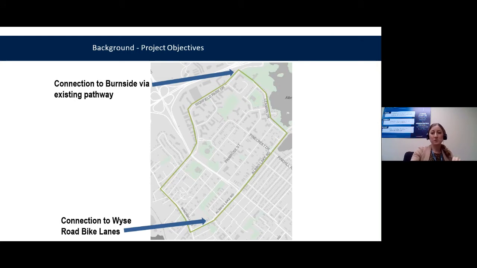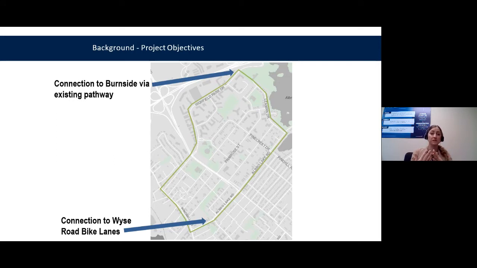So we were looking to connect that multi-use pathway through that green area outlined down to the brand new bike lanes that were just built on Wise Road that end at Albro Lake. Because one thing that we often get questions about with our bike lane facilities is that they seem to end. You take a bike lane and then it spits you out on a street that doesn't have facilities. So as streets get repaved, as they get recapitalized, we're putting these plans in place